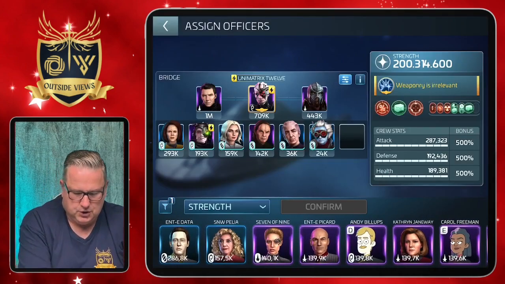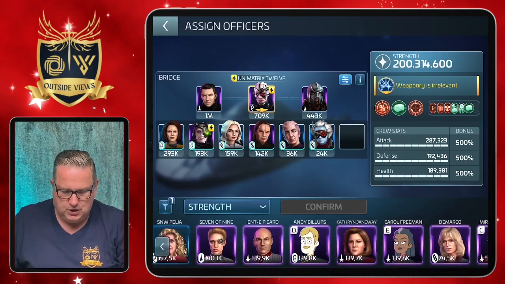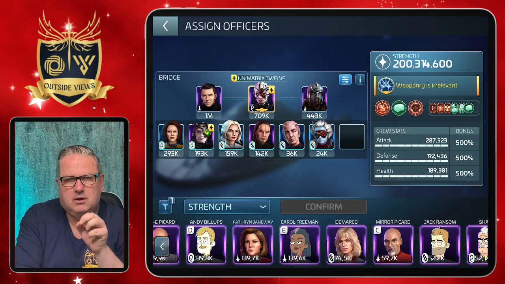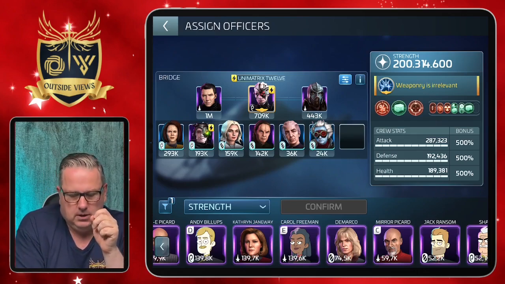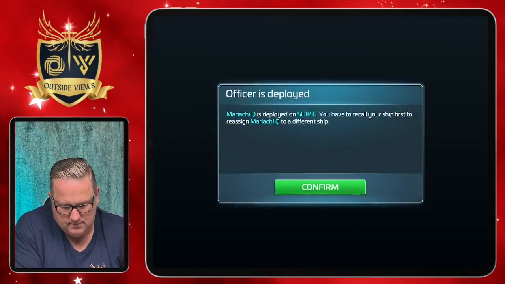But the officers I've shown you, with Enterprise E Data, with Enterprise E Picard, with Janeway, and in case of armadas and invading entities, DeMarco, those are officers you will want to use to increase your isolytic cascade damage. You will also be able to improve that